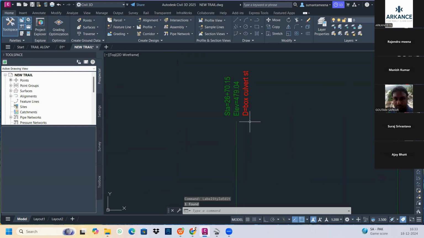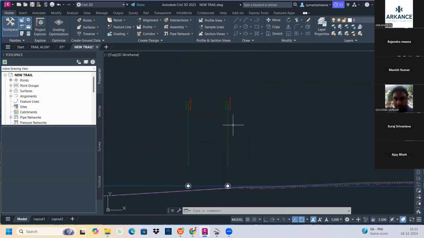ये देखिए, यहाँ पे हमने दिया था बॉक्स कलवर्ट स्टार्ट पॉइंट और ये बॉक्स कलवर्ट एंड पॉइंट। तो ये बहुत यूजफुल होता है जब आपके बहुत सारे पॉइंट हैं, आपका बहुत बड़ा स्ट्रेच है, फॉर एग्जांपल 100 किलोमीटर स्ट्रेच है, तो आप एक एक को मार्क नहीं कर सकते, राइट।